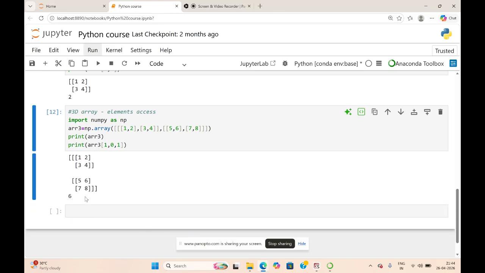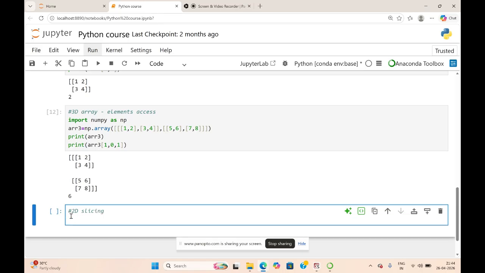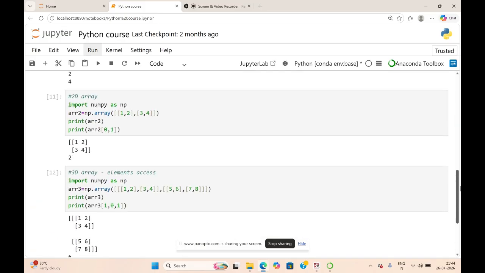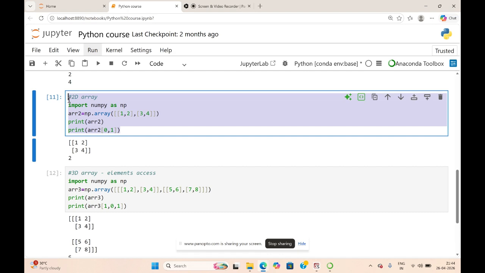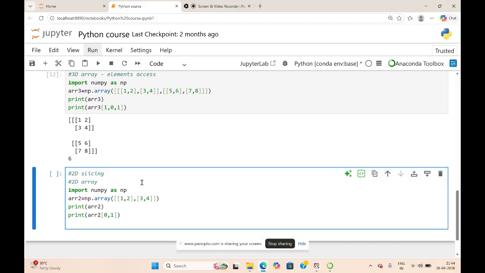Okay, supposing you have to slice the elements, like how we did it in a list. It is also possible to perform slicing in arrays as well. We can go for 2D slicing because I need not repeat one-dimensional array slicing. It will be more or less similar to how you slice elements in a list. So here let me create a two-dimensional array, and let us explore how the elements are being sliced.